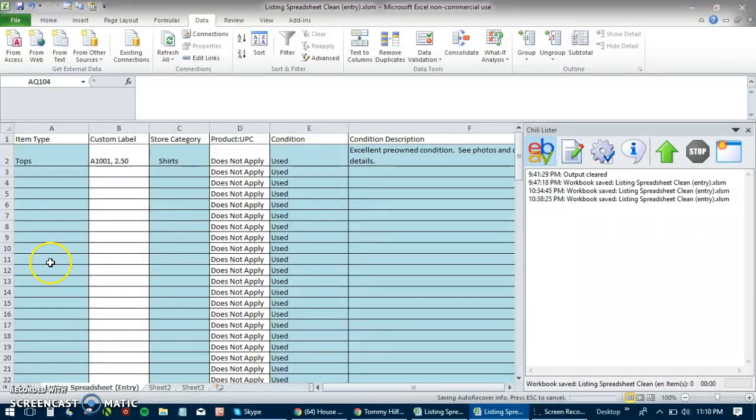Alright, so let's take a look at this right here. What you're looking at here is the spreadsheet. This is ChiliLIster, which is just basically a spreadsheet-based lister for eBay. It works a lot like File Exchange if you've ever used that. One of our options is our standard option, which basically is just an upgrade for people that use File Exchange. We can just implement our